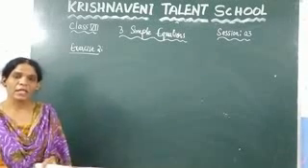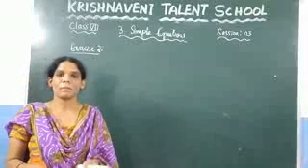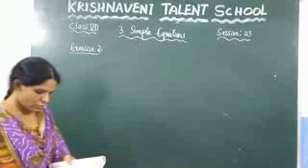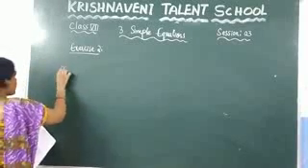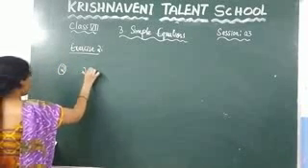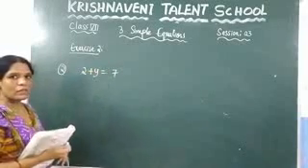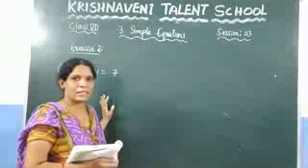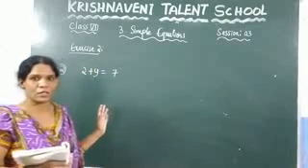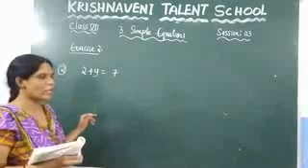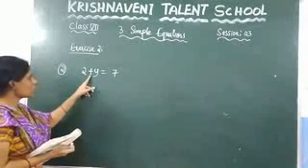Now in this question, we need to change the position. By changing the position, we need to find the value of the variable. Now see the second question, the first one, they have given 2 plus y is equal to 7. Here they are asking transposition by changing the position. You need to change the position and find the value of y. So here, let us change this position, plus